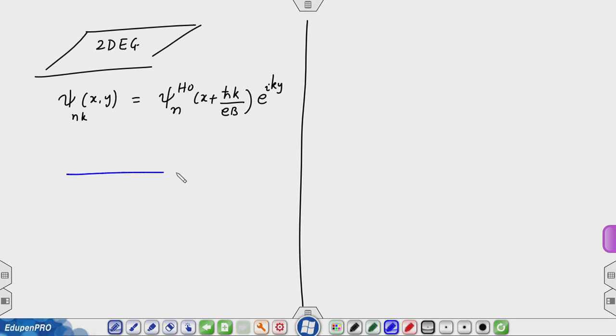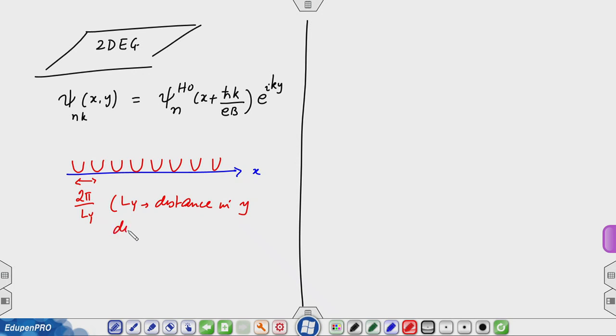If I just look at it from one side, this is the x direction. You have many harmonic oscillators. The centers differ by 2 pi over L y,